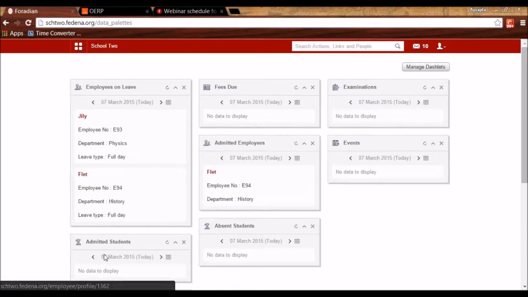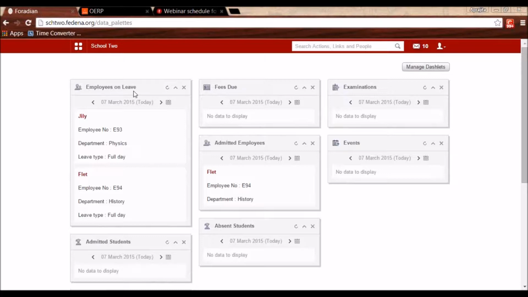And each box that you see here is known as a dashlet. And each dashlet will give you some information about your institute as per the data entry that you have done in FIDINA. So here, employees on leave.